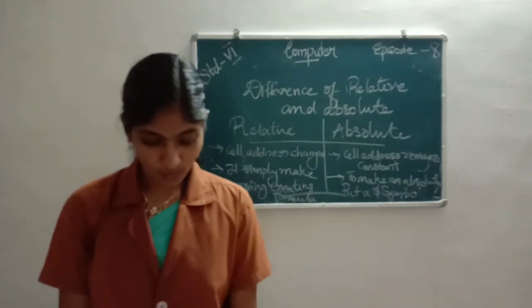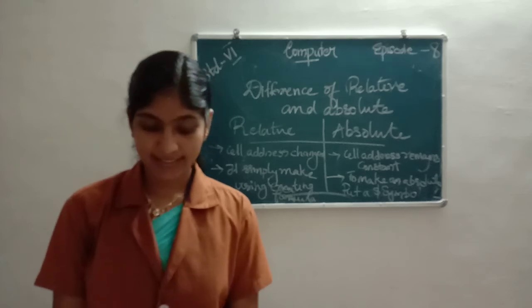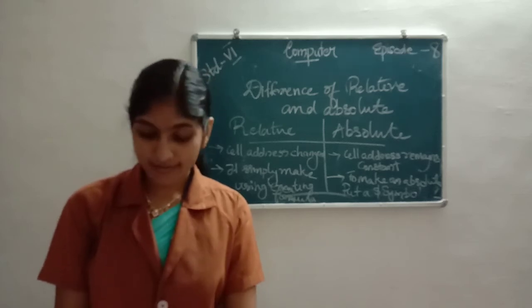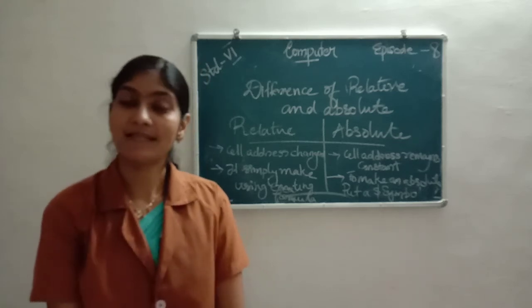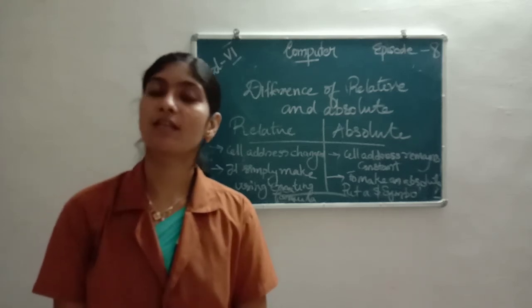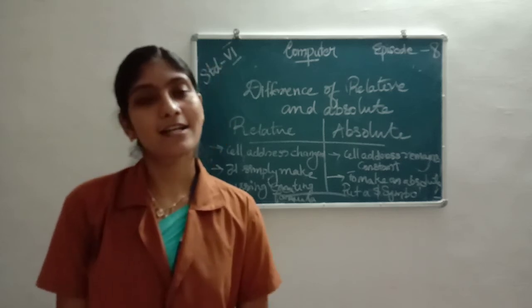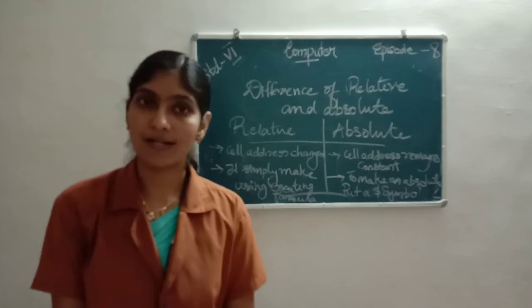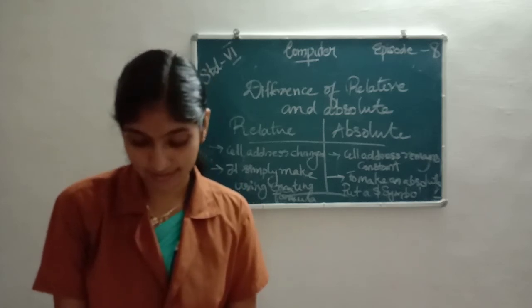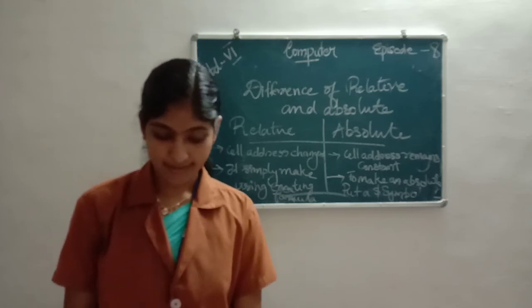Then, so next is mixed referencing. Mixed referencing means the cell address where one component is made absolute and the other component is not absolute. What is mixed referencing? One component is absolute and the other component is non-absolute. Such type of referencing is known as mixed referencing. And there is an activity. Take the correct absolute cell address.